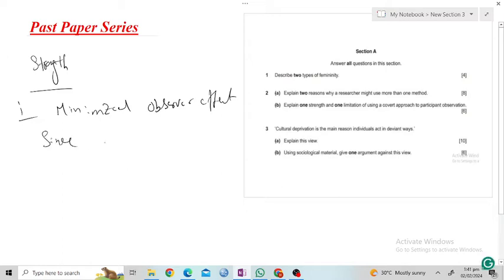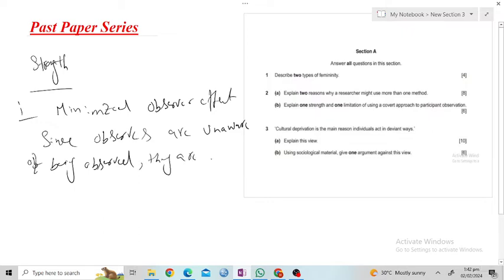Since the participants, whatever person we are going to observe, are unaware of being observed, they are less likely to modify their behavior